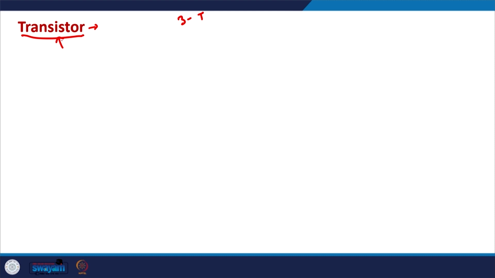If we try to understand the name transistor, there are two versions in which this name can be understood: one is the transfer varistor, and the second is the transfer resistor. So, the transistor is a 3-terminal device in which the current is transferred from a low resistor regime to a high resistor regime. That was the initial understanding of the transistor, but modern transistors are quite different from that.